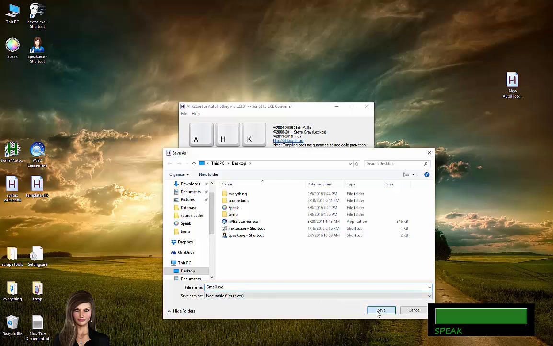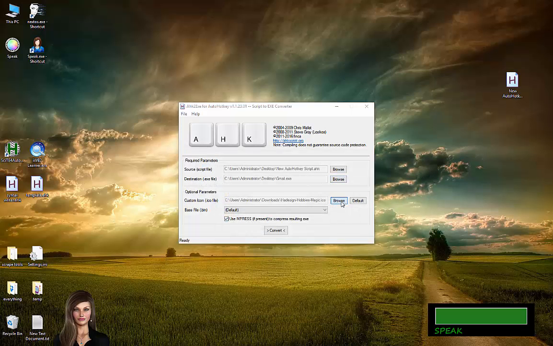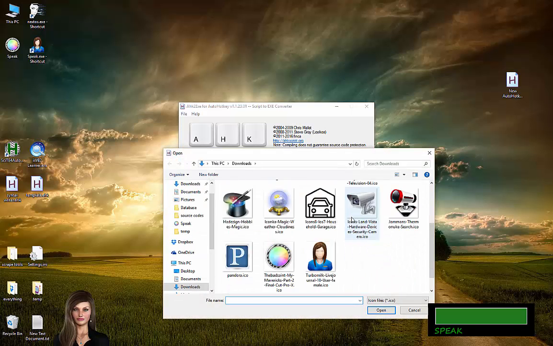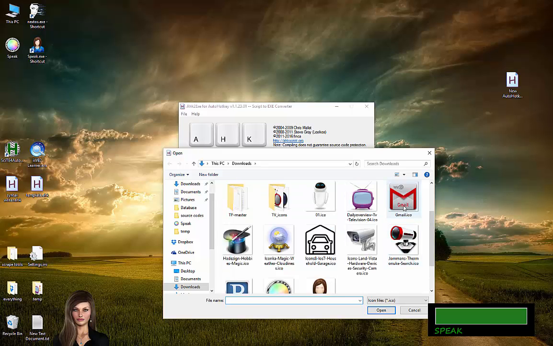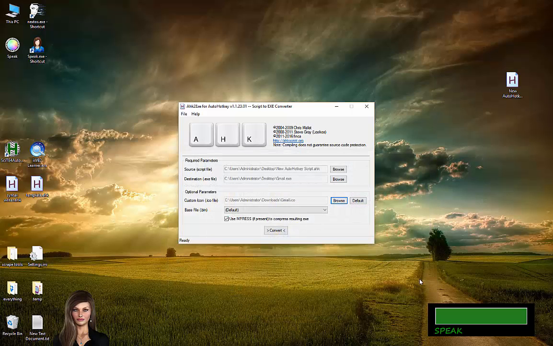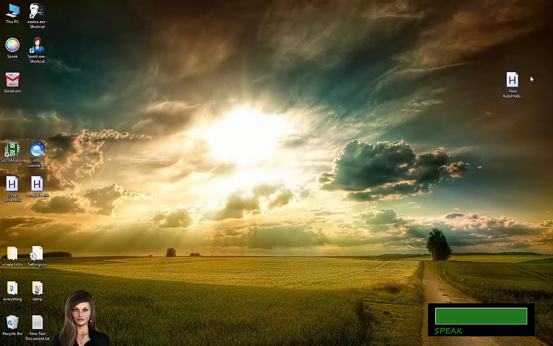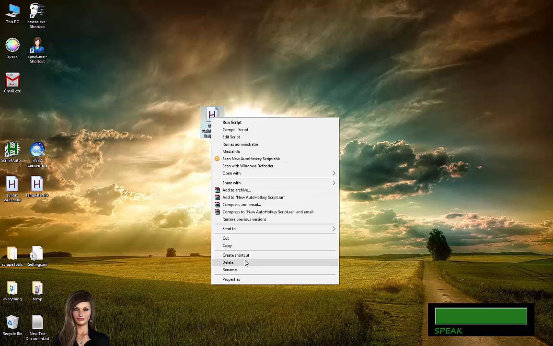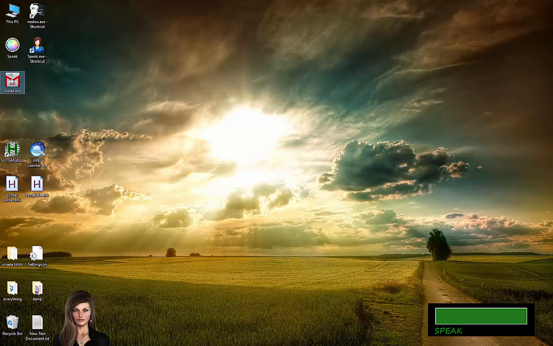We save that, and now let's choose an icon. I have a bunch of them, they're free. I downloaded one. Here's one for Gmail. We'll open that, and we say convert. Conversion's complete, and we close this. Now you could discard this. We can just delete this script. We don't want it anymore. We've got a Gmail one right now. So now when I click this,